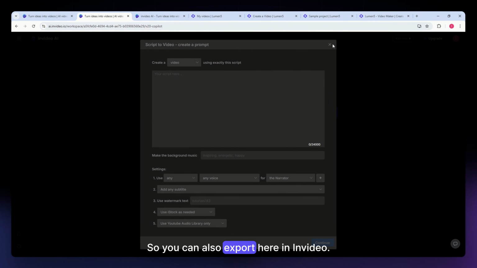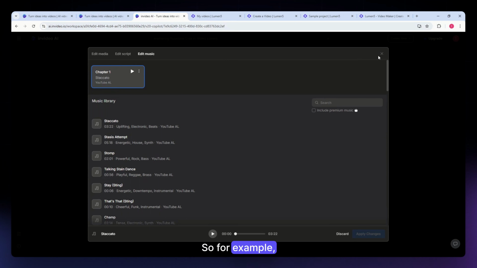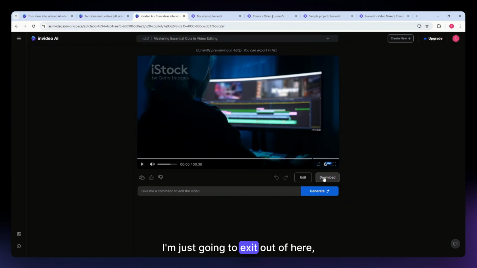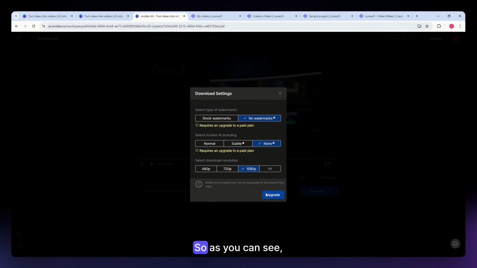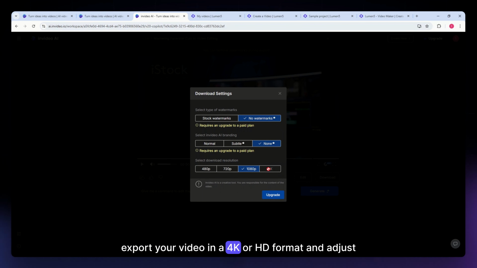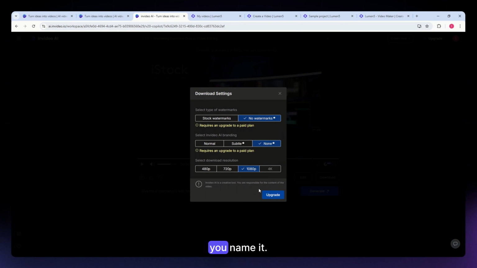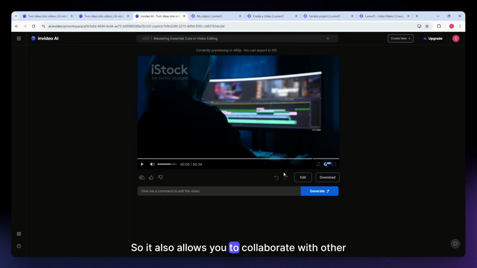So you can also export here in InVideo. For example, right here, I'm just going to exit out of here, hit download. As you can see, you'll be able to export your video in a 4K or HD format and adjust even the aspect ratio to optimize your content for any platform like Instagram, YouTube, you name it. It also allows you to collaborate with other members. It supports team collaboration with real-time editing, making it an ideal tool for distributed teams or agencies working on video